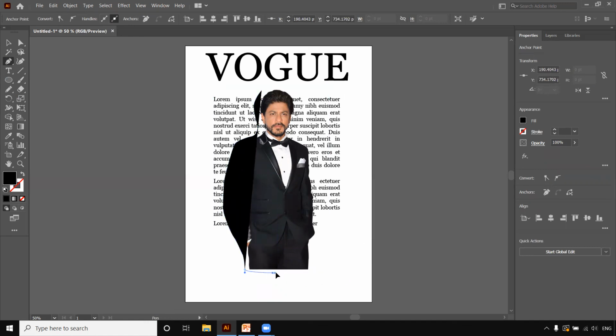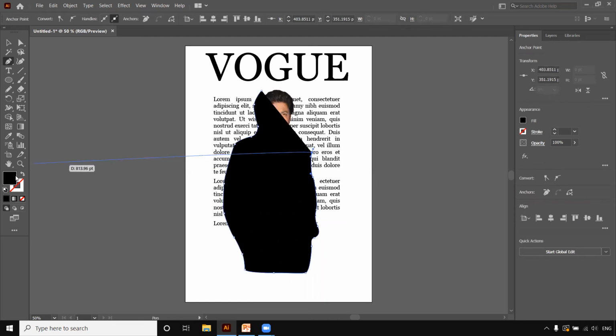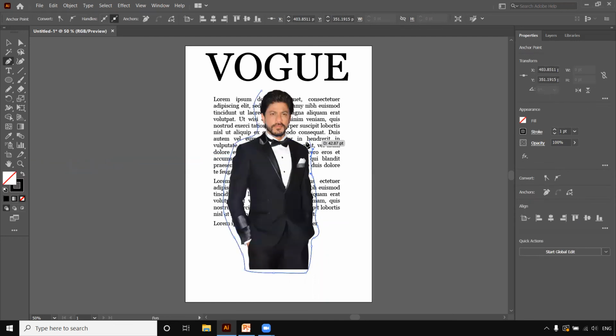It can be just a rough outline. Okay, I'll just make sure that your fill option is disabled and changed to none. Okay, so we have created this outline. Okay. And now what you're going to do is,